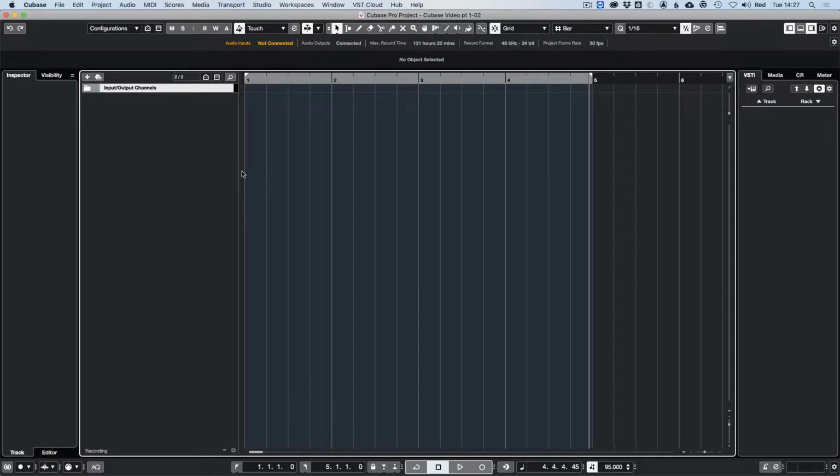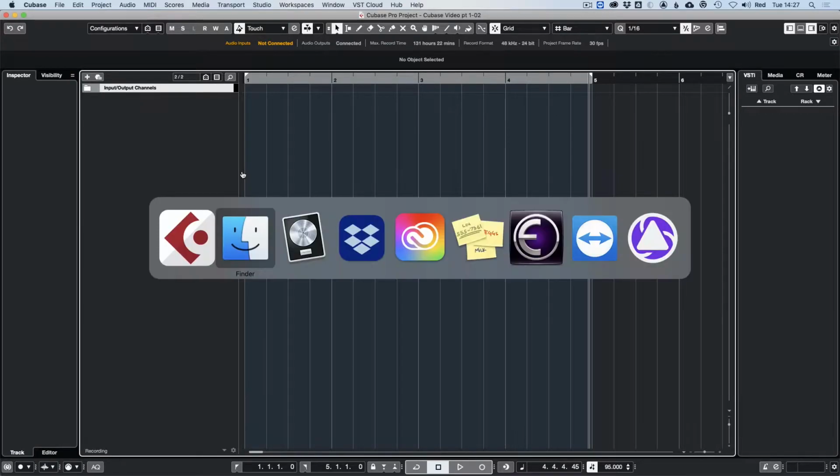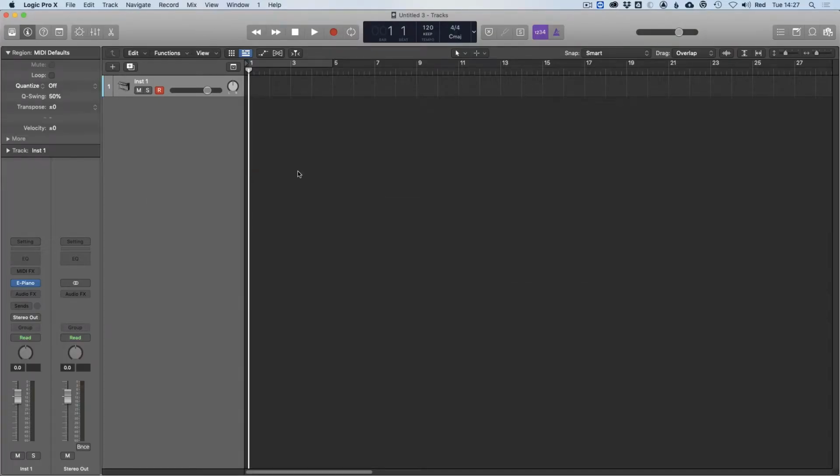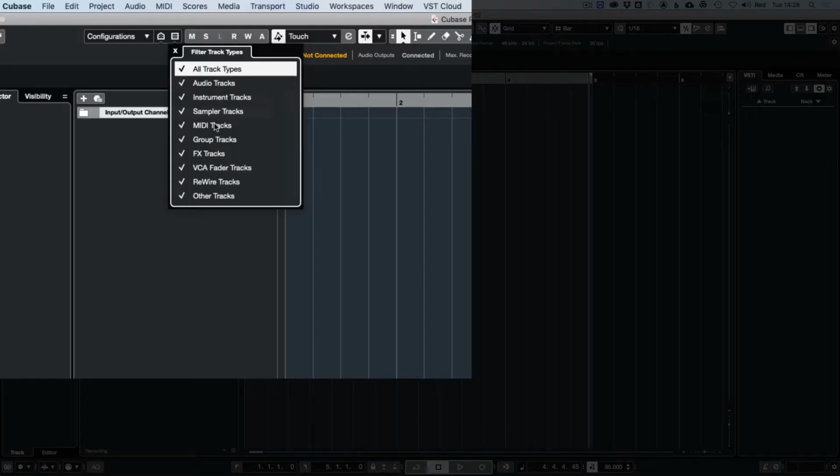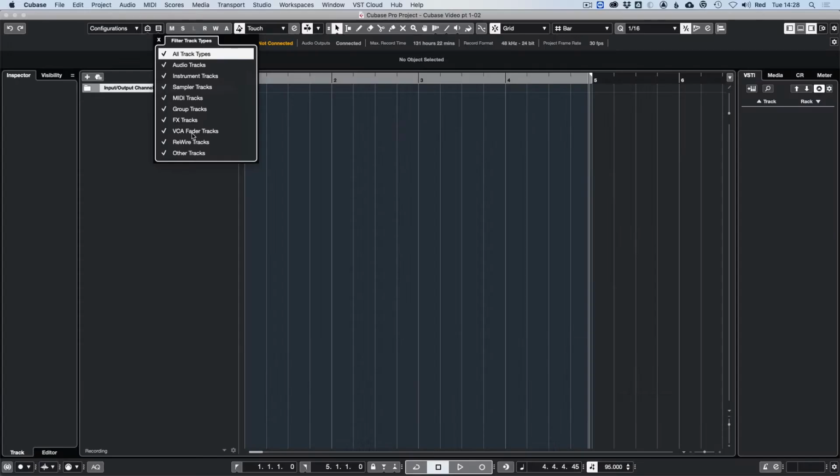So let's quickly remind ourselves of what we have in Logic. So this is our Logic page that we're familiar with already. We've got our inspector section over here and our tracks area, transport and so on. In a similar way, in Cubase, we've got your tracks area here. There's an inspector section which we'll have a look at shortly, and you can filter your track types here as well. So if you only want to see instrument tracks, you can just see those and so